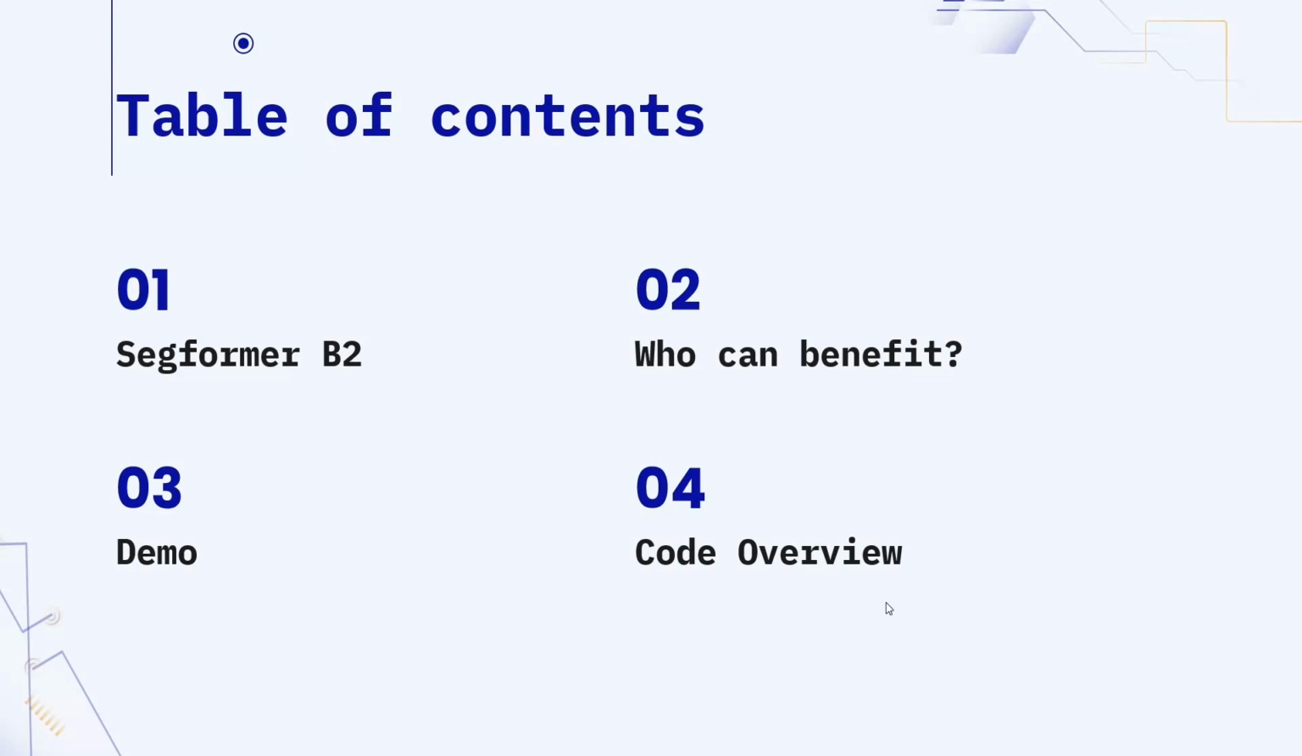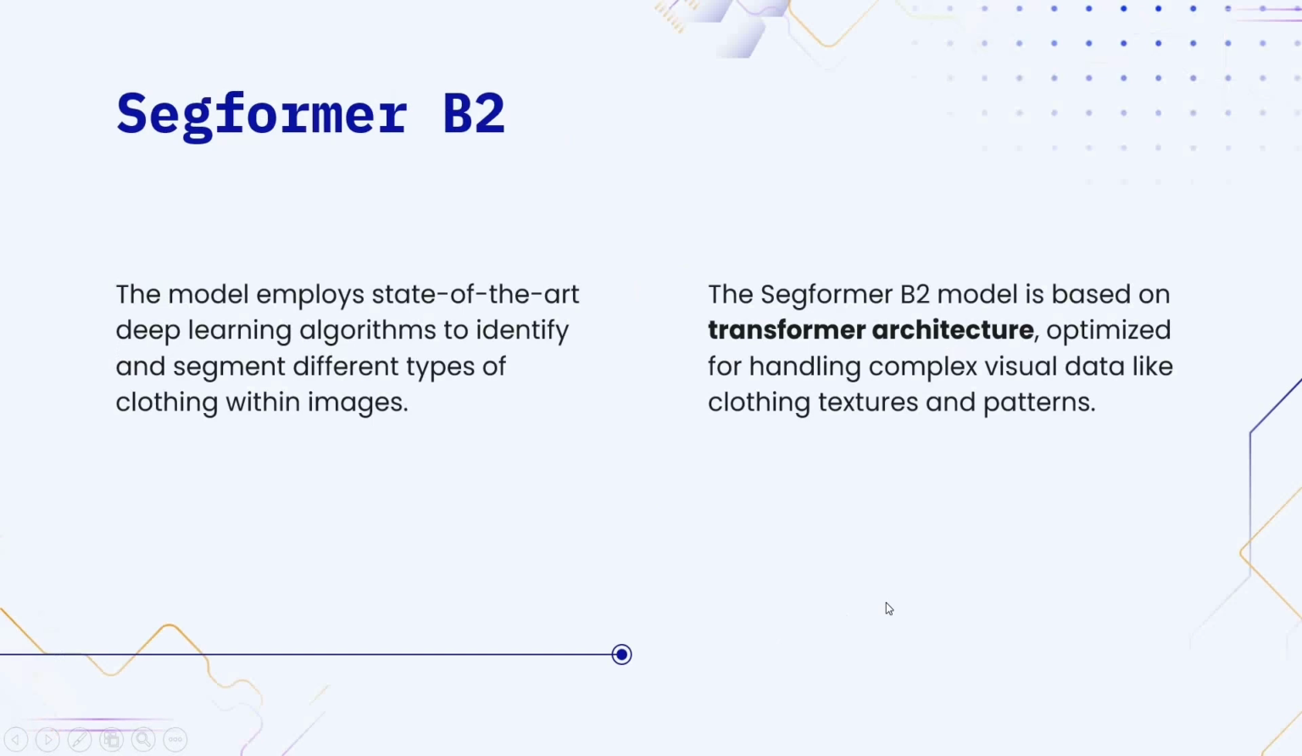So let's start. This app uses an open source model from Hugging Face called Segformer B2. This model has been fine-tuned for cloth segmentation, meaning it's trained to identify and segment different clothing items in an image. This model is based on a transformer architecture which is optimized for handling complex visual data like clothing textures and patterns. And moreover, this model employs state-of-the-art deep learning algorithms to identify and segment different types of clothing within